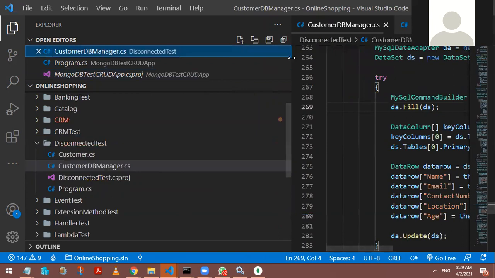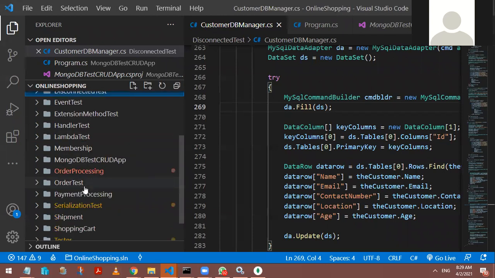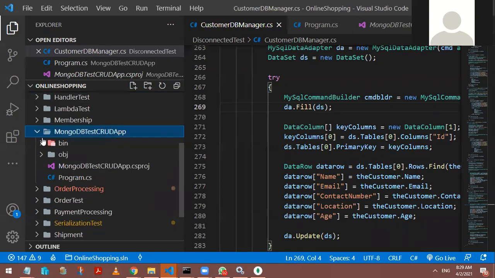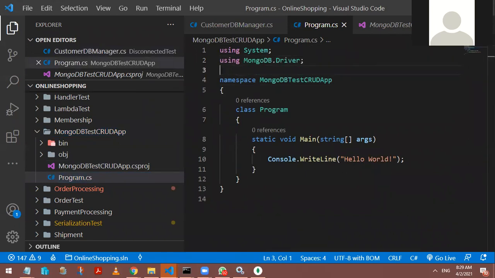Now, the package has been downloaded, the package has been configured, I really want to go back under this application and write some Program.cs file code. So I want to find that particular Program.cs file, and inside this, I wanted to import the namespaces. The namespace really required to be imported inside this area is nothing but MongoDB.Driver. So let me just go back onto this application and import this namespace, MongoDB.Driver.